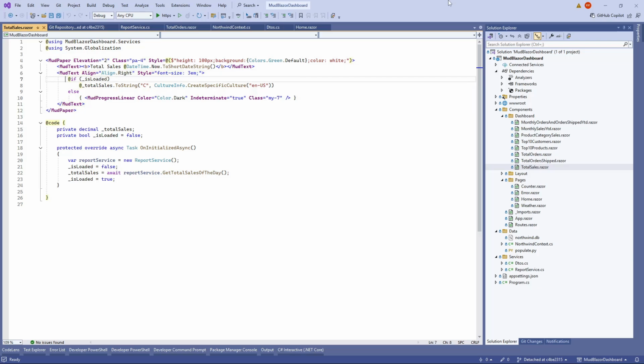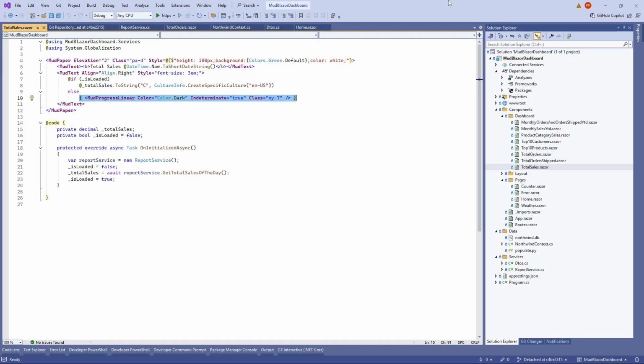If the data is loaded, which means isLoaded is true, then we just show the data. This would be stored in this total sales variable,